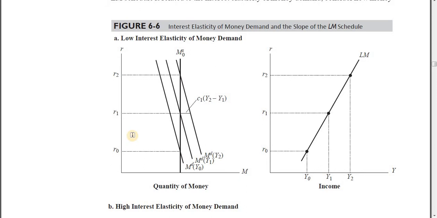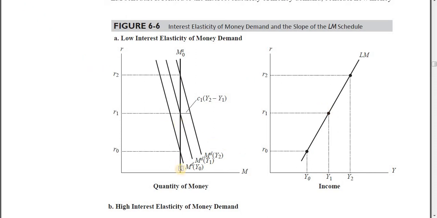Now what would happen? Even if the interest elasticity of money demand has not changed, still to re-equilibrate the money market, we really need to keep the interest rate even higher. Interest rate has to go even further up in order to re-equilibrate the money market, because money demand in this particular case is rupees 400 and not just rupees 250. So this would put even further pressure onto the rate of interest. So for a given change in income, if the rate of interest is even higher, it means the LM curve is steeper.